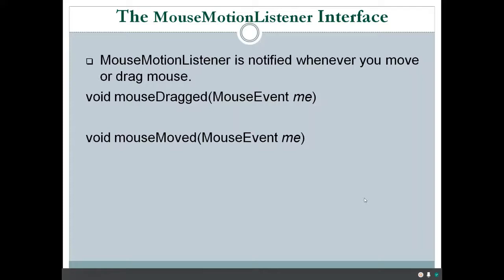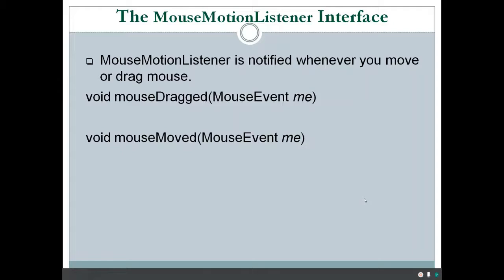Moving is simply moving the mouse cursor without holding any button. So whenever you just move a mouse on the component, it will call the mouseMoved method, whereas when you drag a mouse, it will call the mouseDragged method.